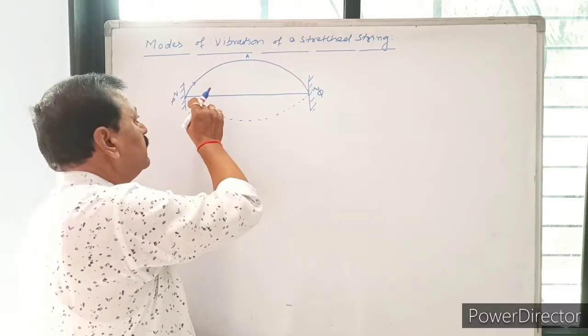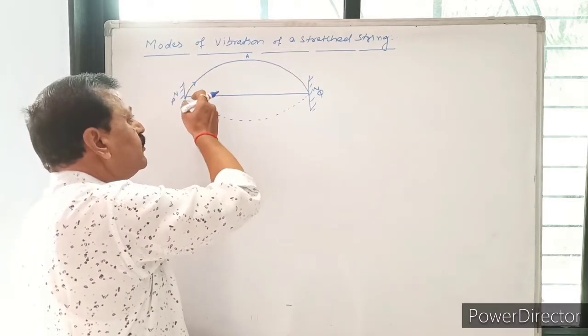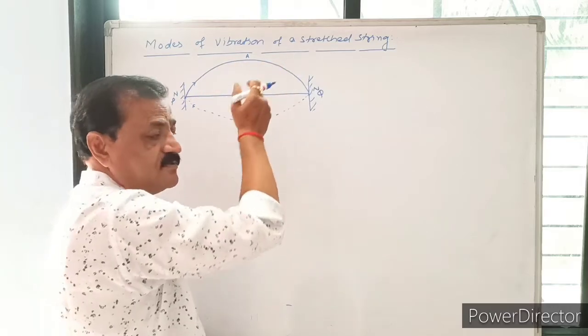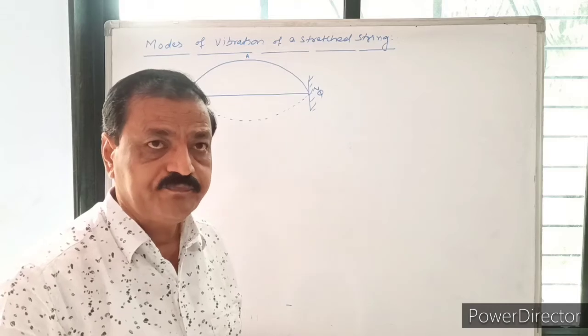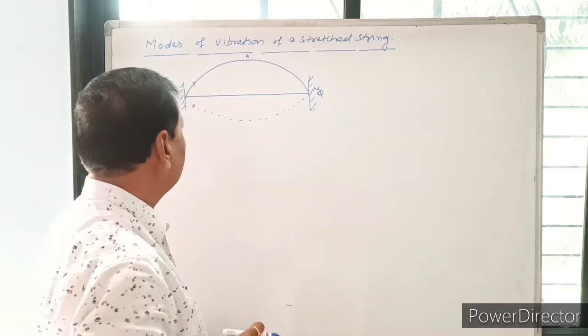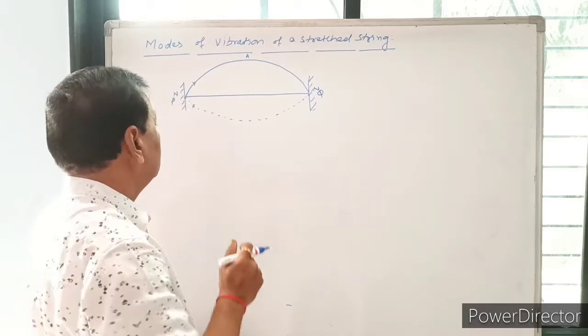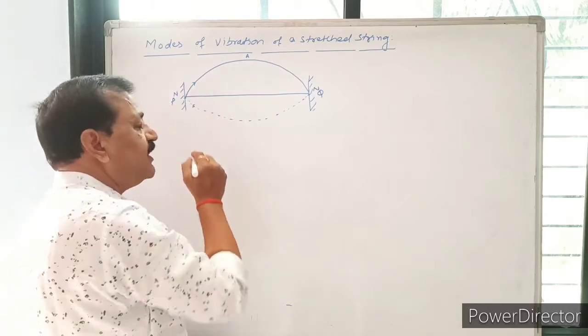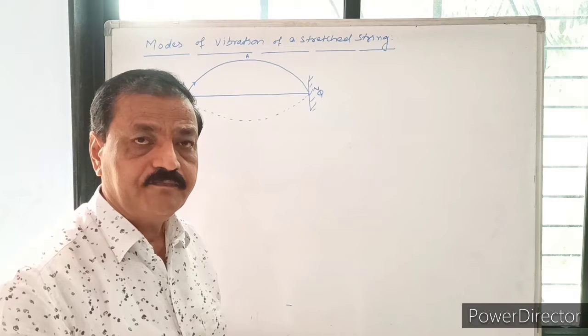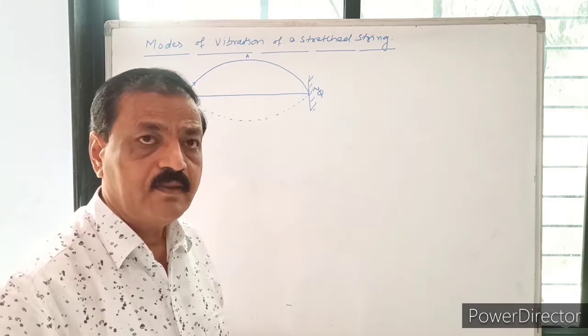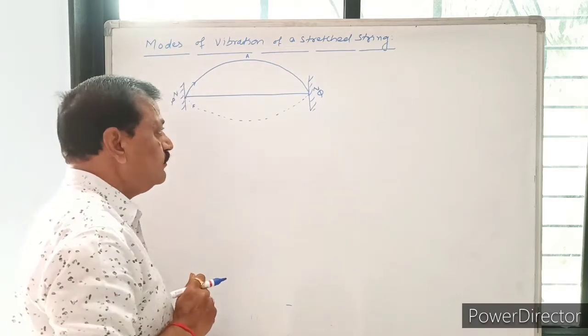Amplitude is maximum here and amplitude is minimum there. The vibration of particles will be increasing from the nodes. Therefore,